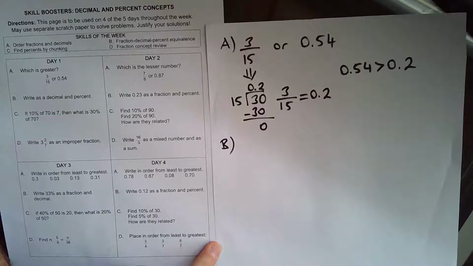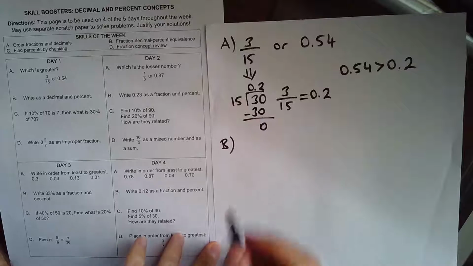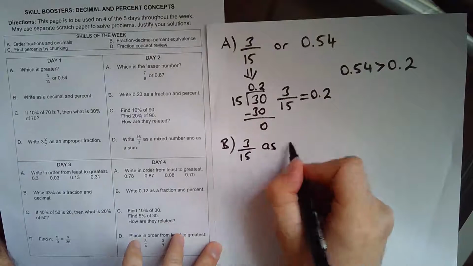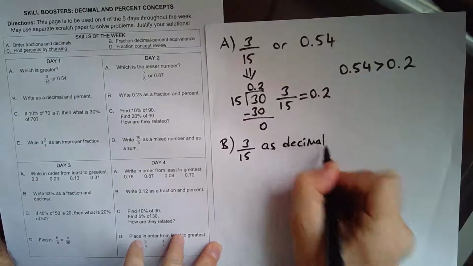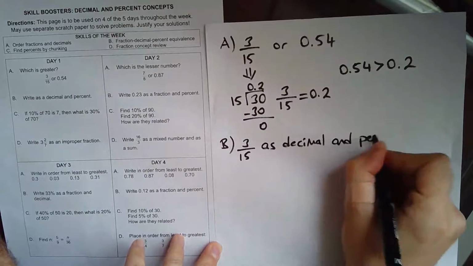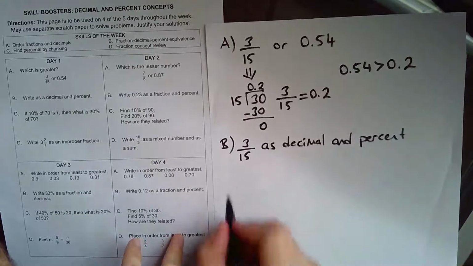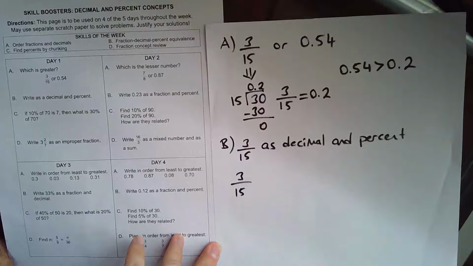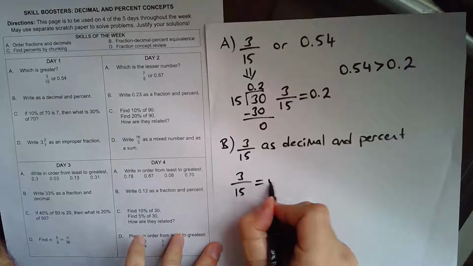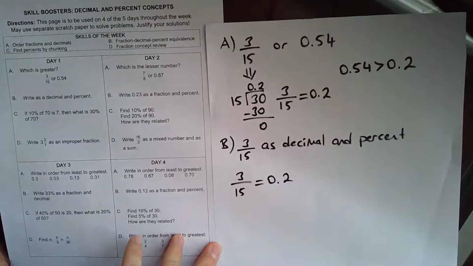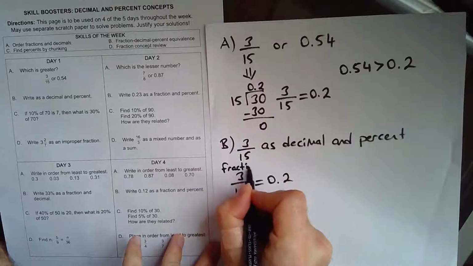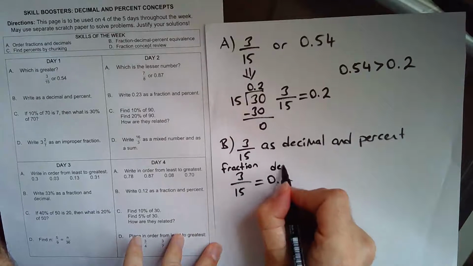B, write as a decimal and percent. I think there is a typo. It doesn't say what we need to write. It doesn't give us any number, so that's why I'm gonna go with the 3 over 15 as decimal and percent. Okay, so as we solved the question above, 3 over 15 is equal to 0.2 or 2/10 as decimal. So this is fraction form, this is decimal form,